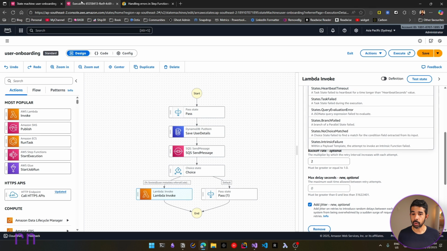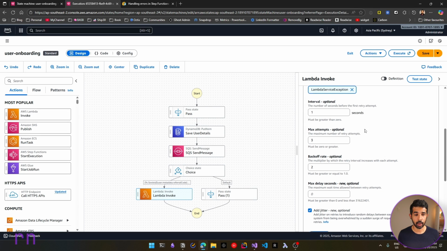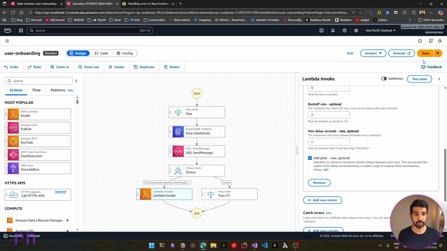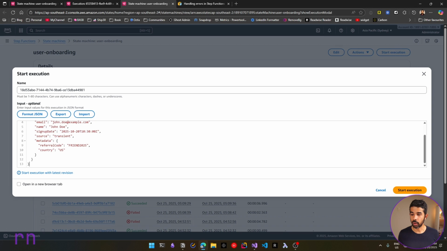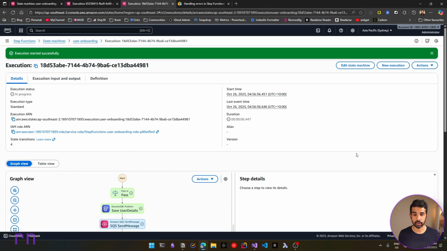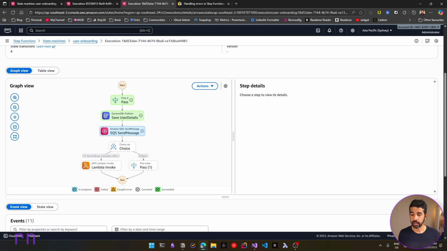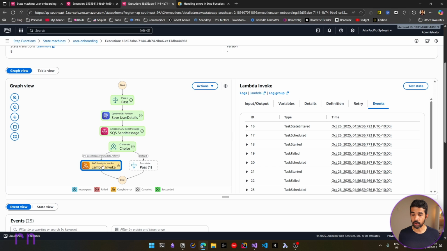So let's come back to our user onboarding workflow. With this added, let's save this again and trigger a new execution. Let's paste in the user object again with the source as transient and start execution. In this case, it's again going to hit the Lambda invoke. It is going to throw an exception the first time. You can see it's gone into the yellow state, but it has tried it multiple times. Now you can see it has tried a couple of times and it has gone green and passed the workflow. Now if we look at the invokes,